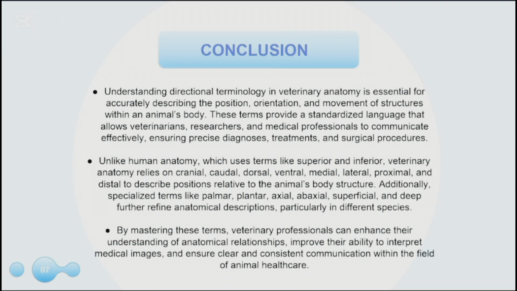Unlike human anatomy, which uses terms like superior and inferior, veterinary anatomy relies on cranial, caudal, dorsal, ventral, medial, lateral, proximal, and distal to describe positions relative to the animal's body structure. Additionally, specialized terms like palmar, plantar, axial, abaxial, superficial, and deep further refine anatomical descriptions, particularly in different species. By mastering these terms, veterinary professionals can enhance their understanding of anatomical relationships, improve their ability to interpret medical images, and ensure clear and consistent